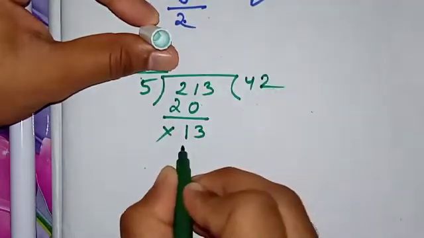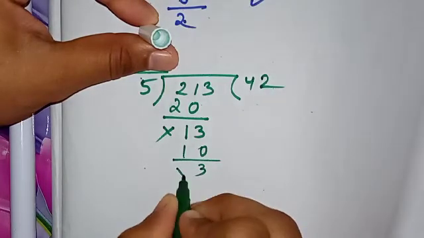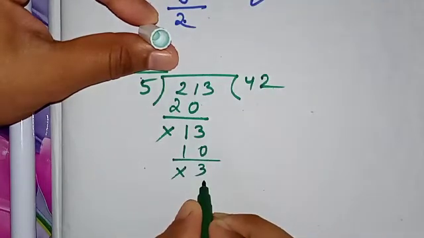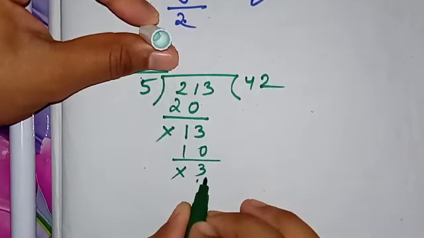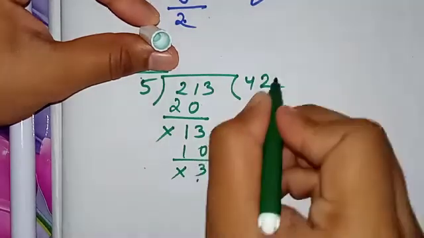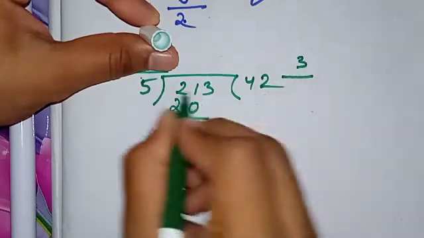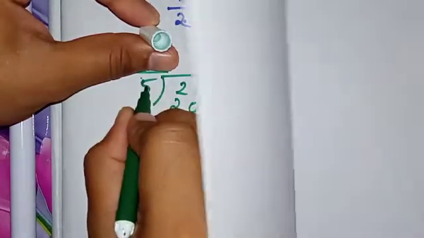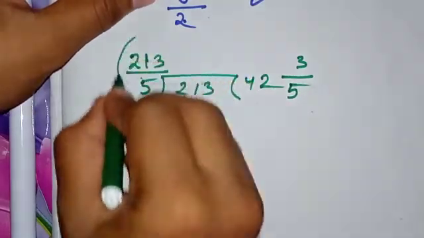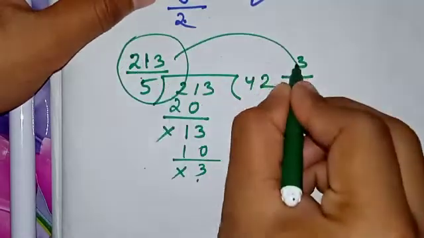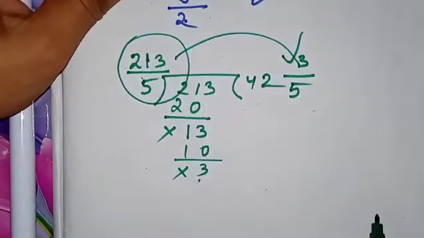5 2s is 10. Now you get the remainder as 3. Now you can't further divide it. So the step where you get the remainder, stop there, and the remainder will move to the numerator, and this divisor, that is the denominator, will be in the denominator as it is. So you can see we have converted this improper fraction into a mixed fraction very easily.